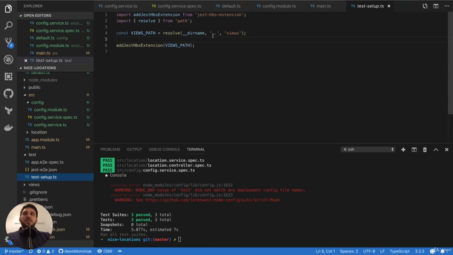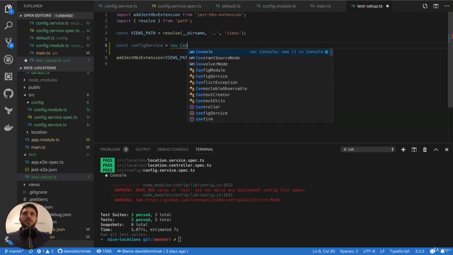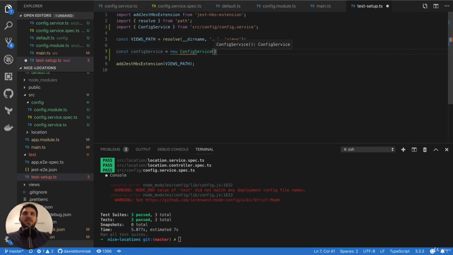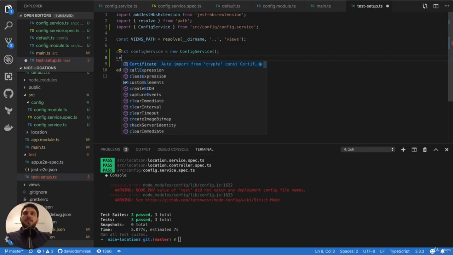So let's simply initialize the service inside the setup file. We'll just need to initialize a config service. So const config service will be just new config service,